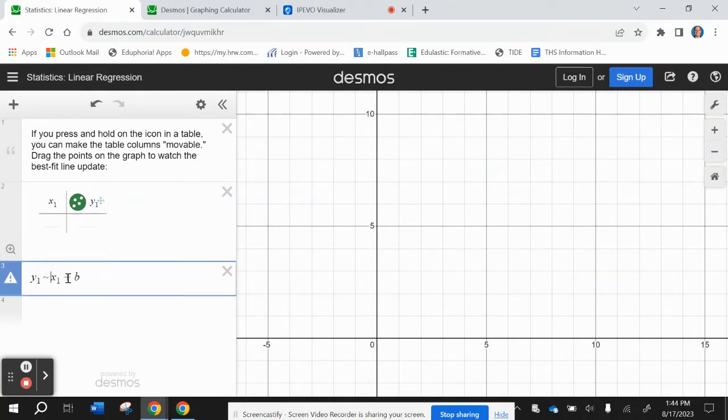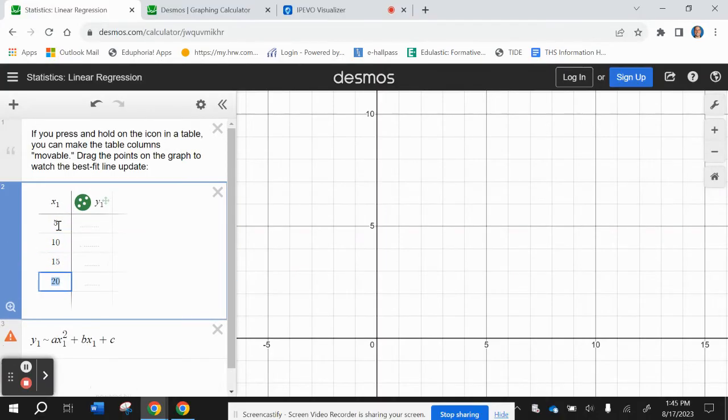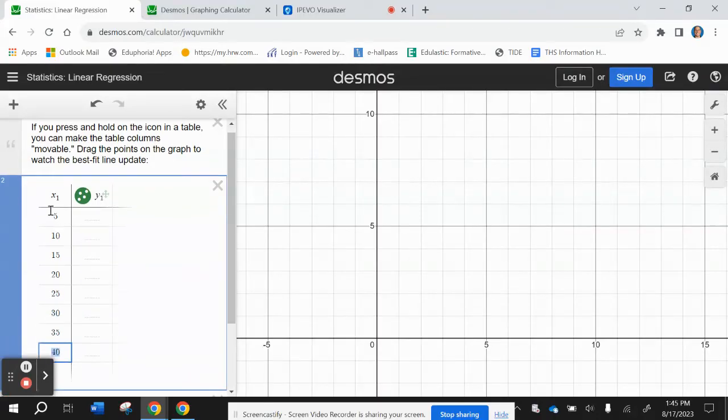So we're going to write this as a x1 squared plus b x1, you have to put x1 for technology, plus c. So now we have the quadratic regression. Okay, so now we plug in the values from the table. So 5, 10, okay, and then